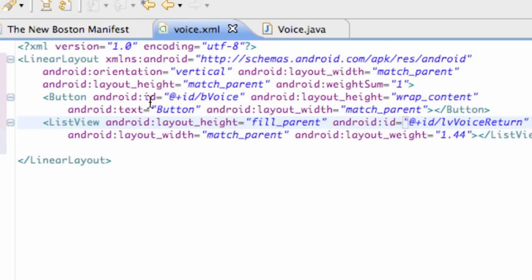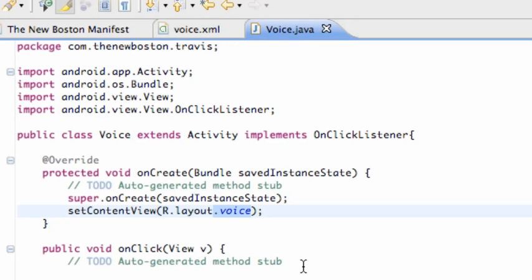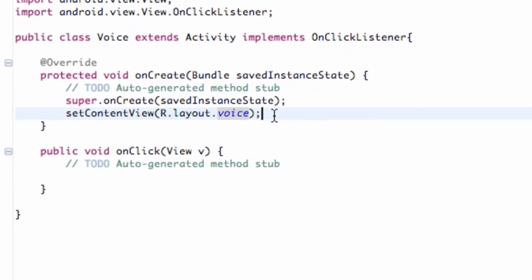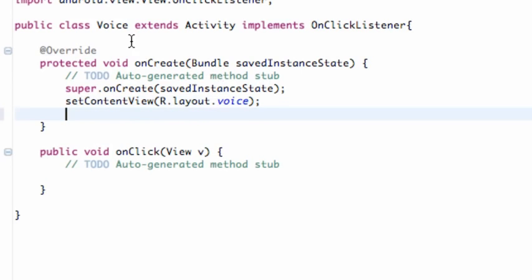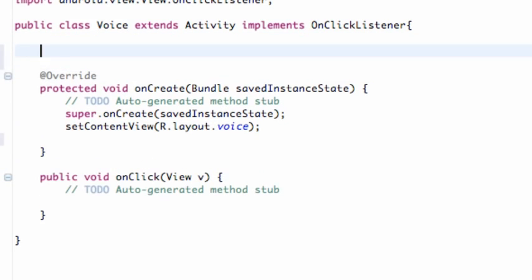So again, nothing new for the most part. When we started, if you guys remember, we did a list view, and you guys were probably pretty confused at that time, but hopefully this time when we go through this list view it'll be a little bit easier, a little bit simpler as well. So what we're going to do is set up a list view that our whole class can use. So we're just going to say list view